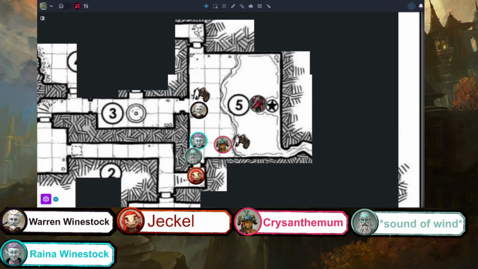Alrighty. Okay, so if I'm reading this correctly, with my bonus actions, after I do a hit with a quarterstaff, I could do an unarmed strike.